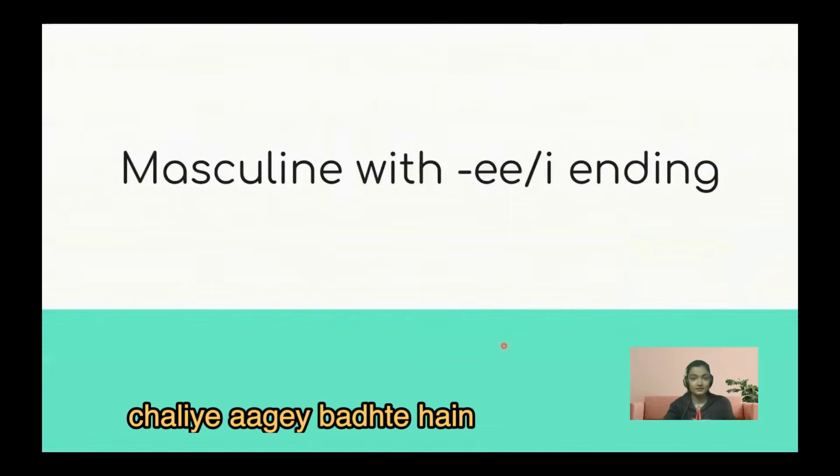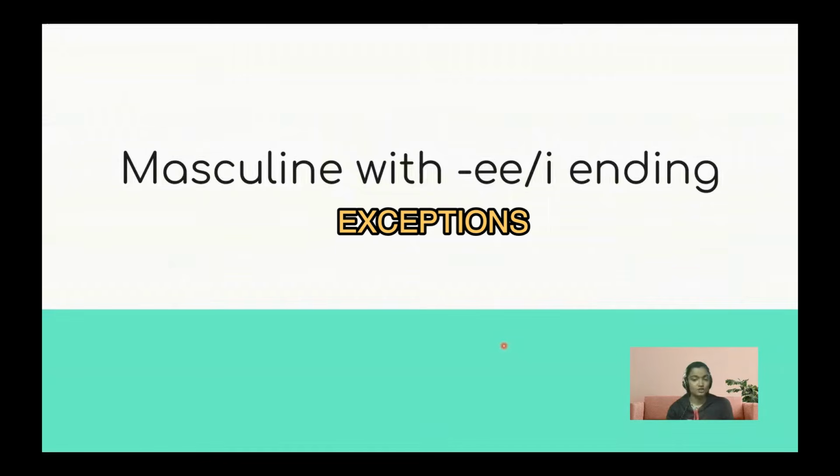चलिए आगे बढ़ते हैं and let's get down to the second level where we are talking about exceptions. So the rule that I just talked about where masculine objects end with a and feminine objects end with e so that it's very easy to identify, that's not the standard rule. It's not applicable for all the objects. There are some exceptions where the rules are interchanged. So here we are going to look at some more commonly used words, nouns, which are masculine but end with the opposite ending, that is where they end with E sound.